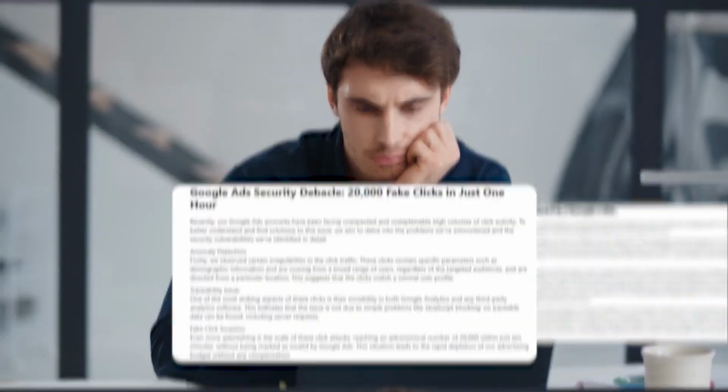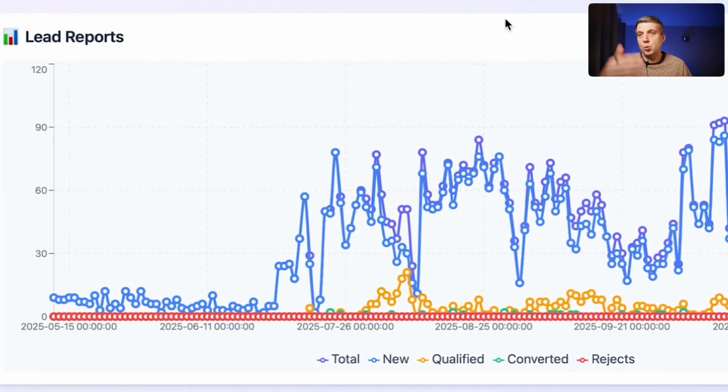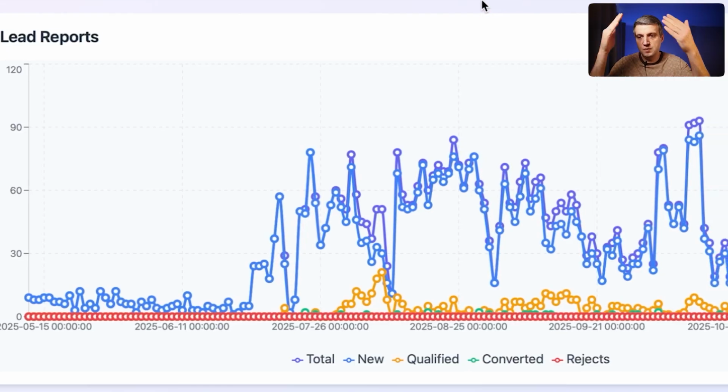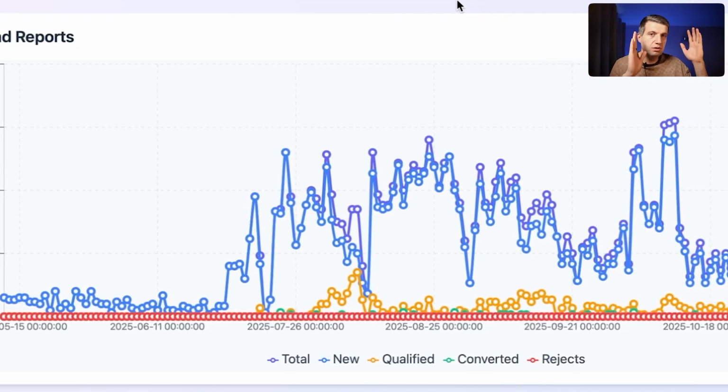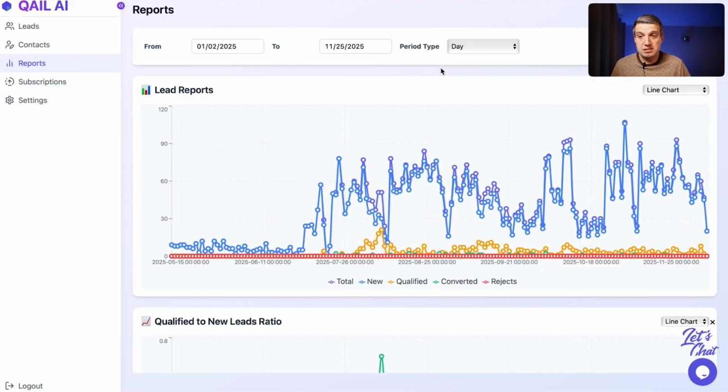Click fraud, the biggest problem of modern advertisers. Because when you spend real money on Google Ads, you want to understand that these actual budgets were invested in showing your ads to your potential clients, to your potential buyers. But quite often when you check your data log or information about leads in your business, you can see that